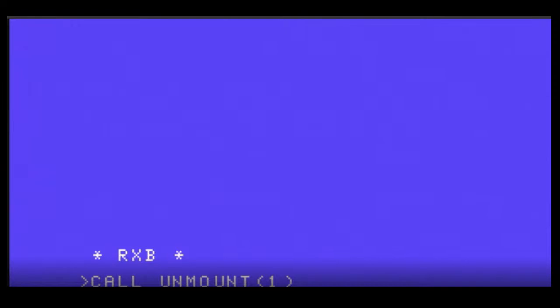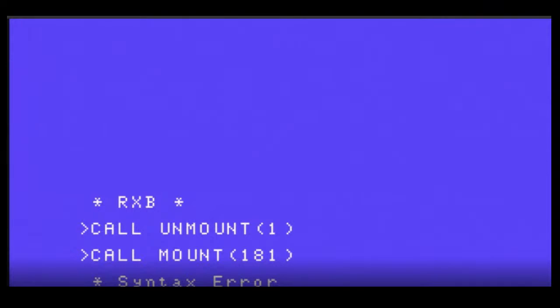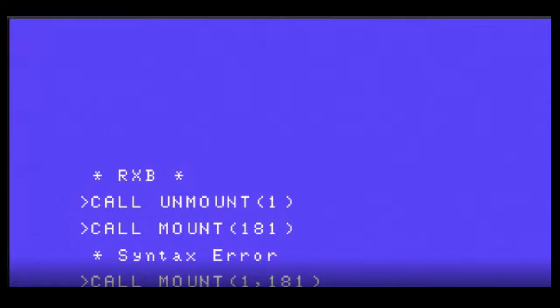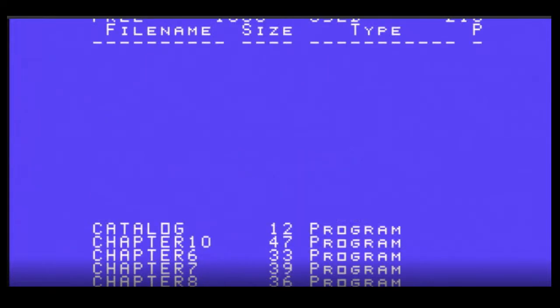Oop, Butterfingers. Forgot to tell it which disk it is or which drive. Teach basic 2.